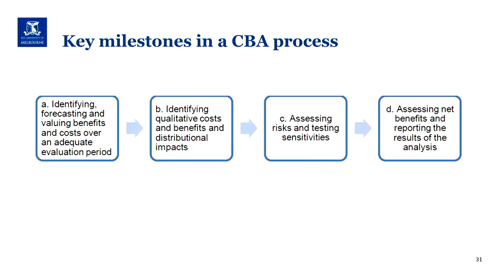We're going to talk about these ones at the end of the lecture, but sometimes it's difficult to quantify or to put numbers in some benefits. Not usually in cost, but in some benefits, it is difficult to put numbers there. But anyway, you have to report them. You have to find a way of maybe qualitatively saying that this could be a benefit if you implement the project. Then you have to assess risk and test sensitivities, and then assess net benefits and report the results of